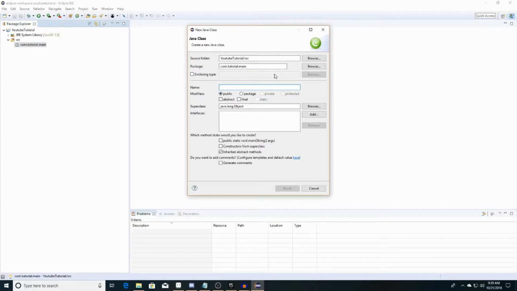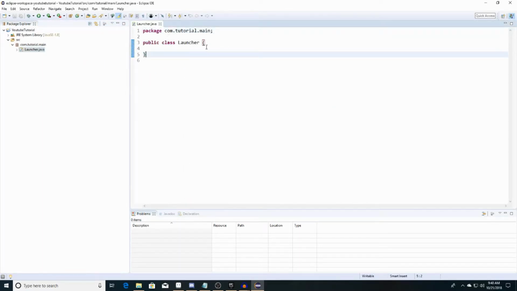okay, and then for your class, this would be like the main part of your class. So you can name it whatever you'd like, for like if you're making a window class, or if you want to make an animal class for different pets, or you know, things of that nature. But for this we're going to name it launcher, because it's going to be like our main game launcher class. And then as you see, it automatically creates this,